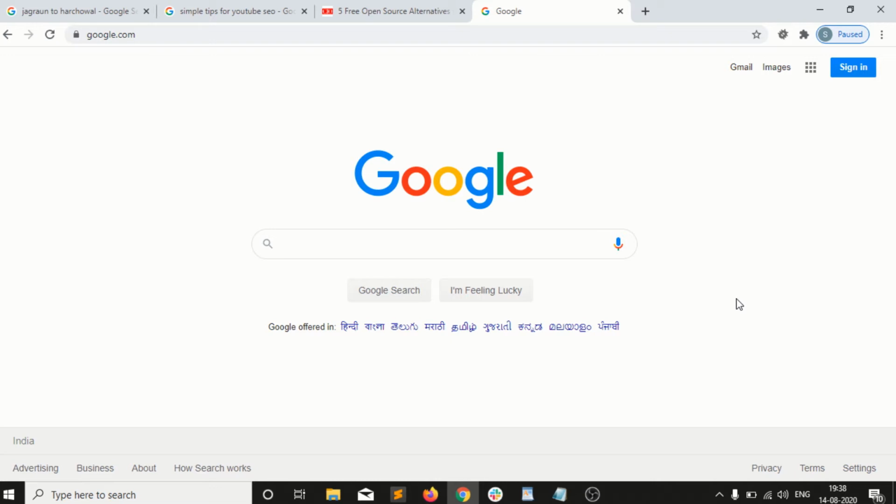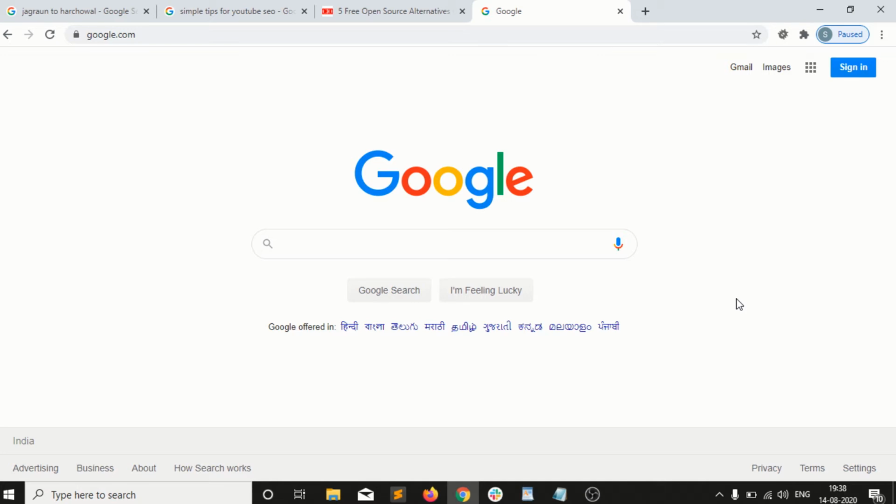So this is very simple. We just need a Google account. We do not need to pay for any software. We just log into our Gmail account, and directly we can access Google Drive, and we can create our documents, our Excel sheets, and our slides as well.